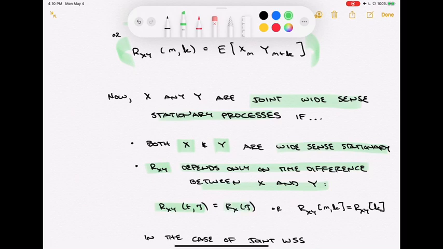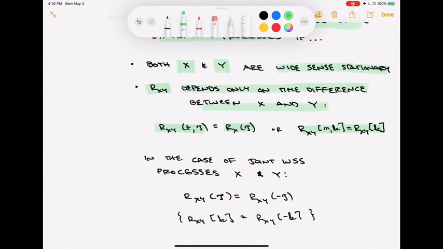It doesn't matter the absolute t, it only depends on the relative shift of y from x, or the same thing for the discrete type case. If we have something that is jointly wide sense stationary, we get a simplification in that cross correlation, that you don't have to worry about the t's, and furthermore, you get some of those properties that we'd seen before, like the cross correlation between x and y is equal to the cross correlation's reflection. So you get that evenness in